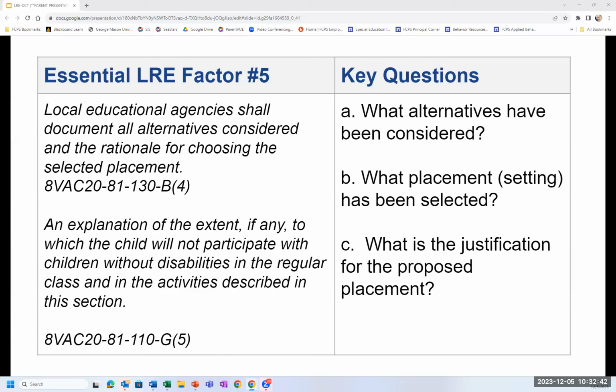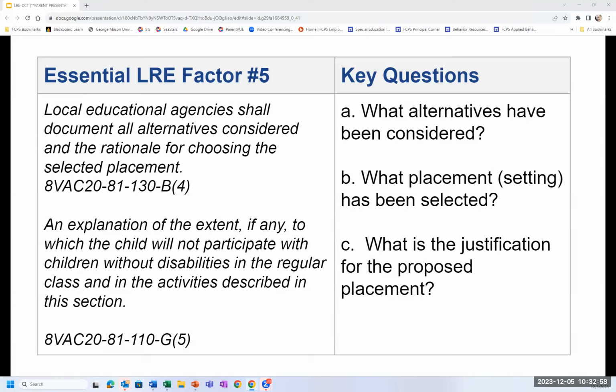So the key questions are: what alternatives have been considered? What placement setting has been selected? And what is the justification for the proposed placement?